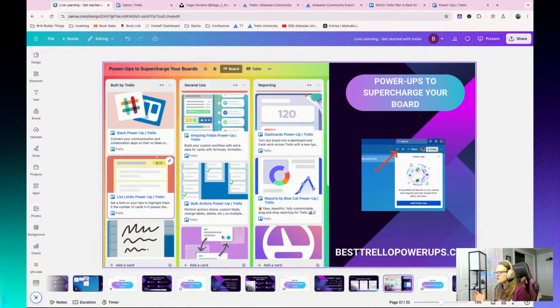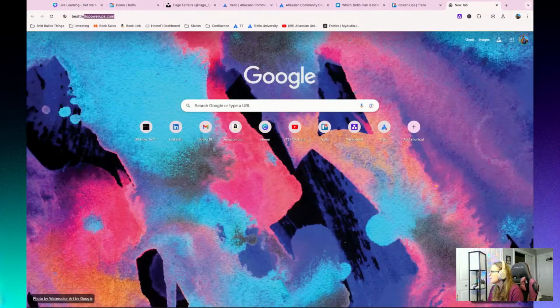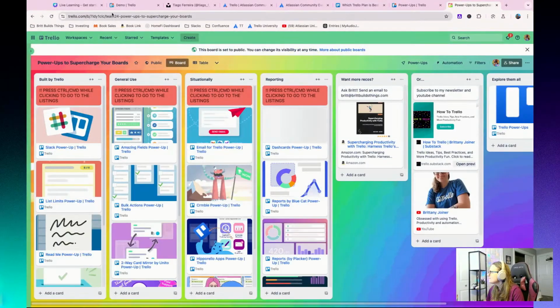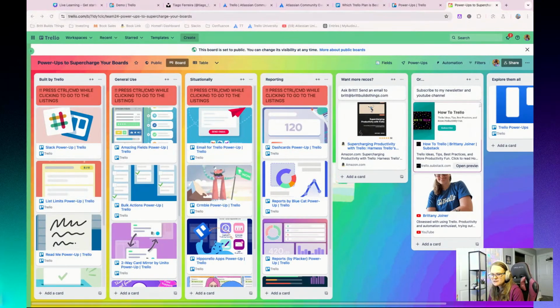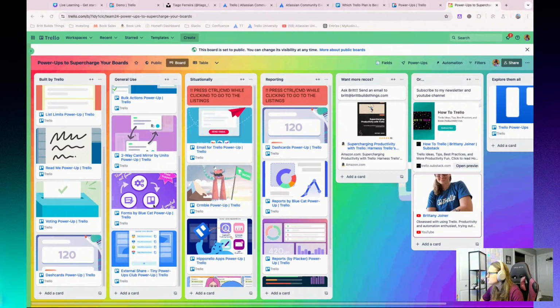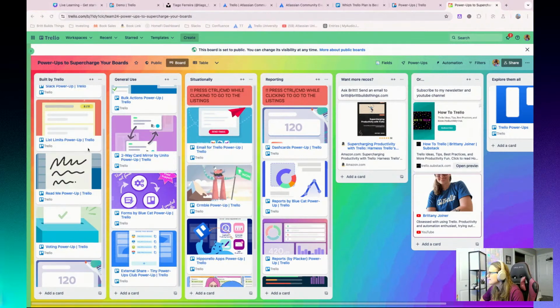And then we already kind of touched on power ups, but I also made a Trello board, shocking, of some of my favorite power ups. And so I'll go ahead and paste the link to that in here so you all can take a look. But again, I can and do whole other workshops about these specific power ups because there are so many that do things and so many that cover such a wide use case.